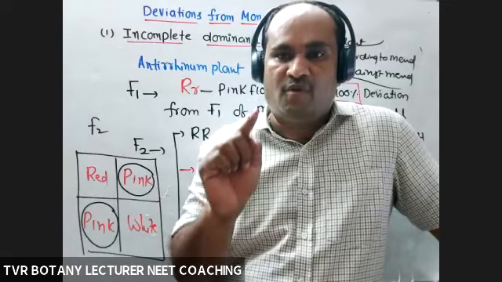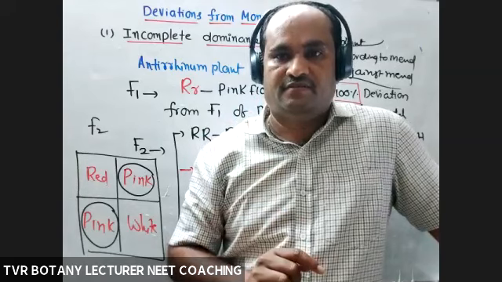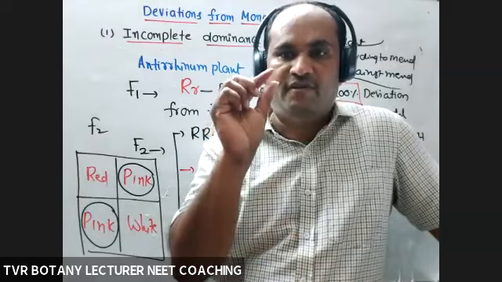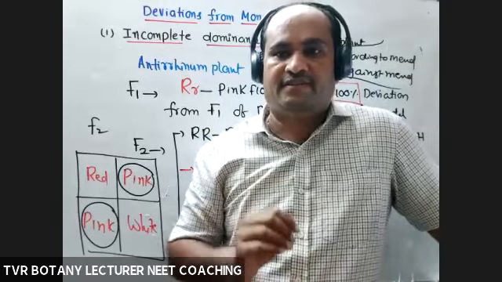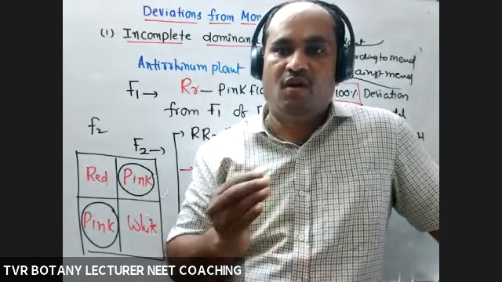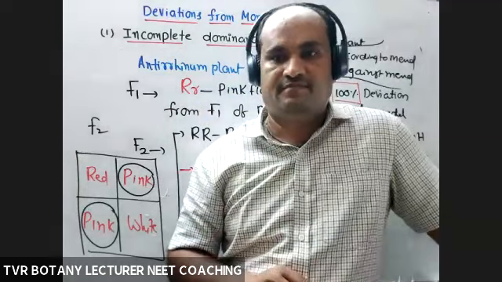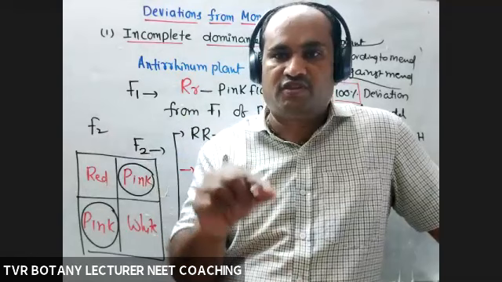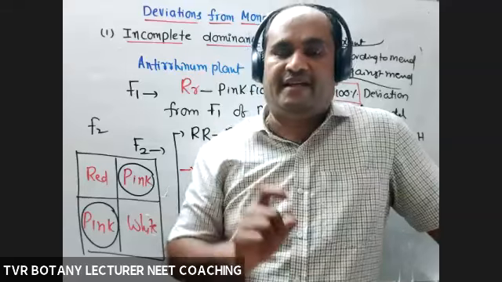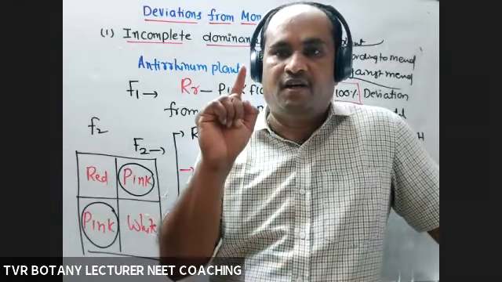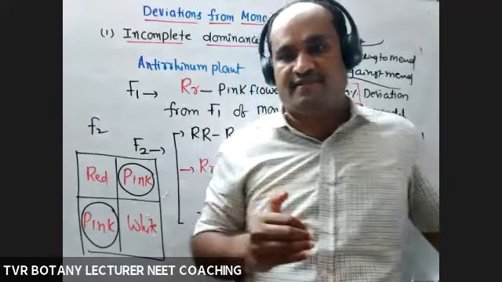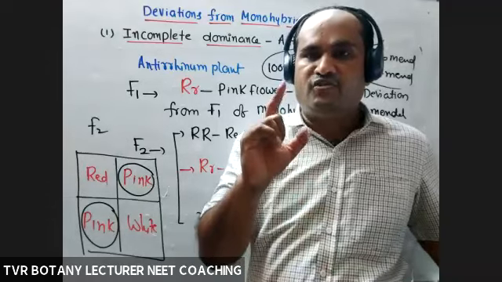Now F1, capital W, small w, is subjected to self-pollination. According to the Punnett square, first box, capital W capital W, producing violet flowers. Second box, third box, capital W, small w, producing violet flowers. No deviation. According to Mendel, that is correct. Last fourth box, small w small w, white colored flowers. Now compare F1 of a typical monohybrid cross, the main one on the basis of which we can understand a monohybrid cross. According to Mendel, F1 should be dominant.